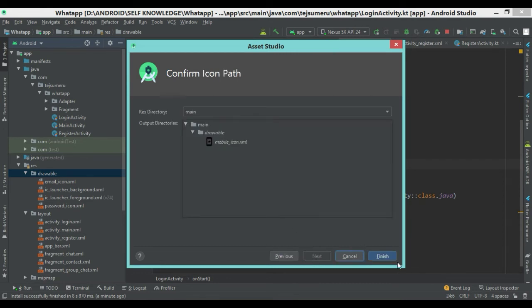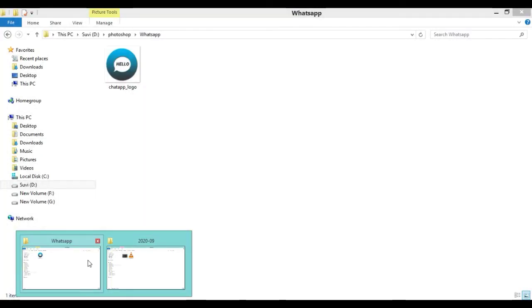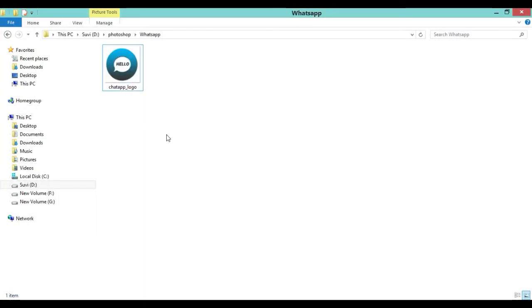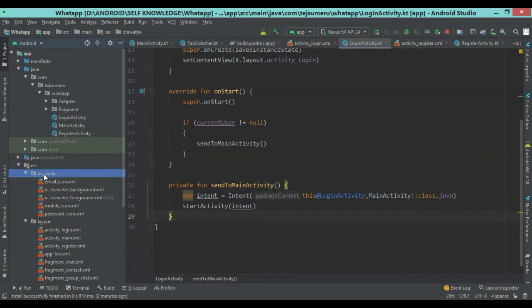You can also use icons which are downloaded from an external site. One other icon which is needed for the design is the app icon, which is the launcher icon of our application. So I have designed the icon which is used. Here copy this and paste it in your Android Studio inside the drawable folder.